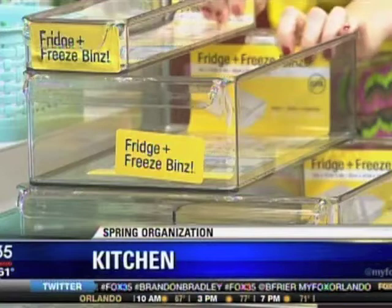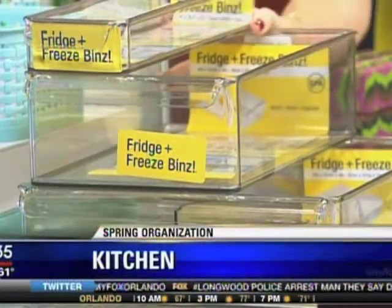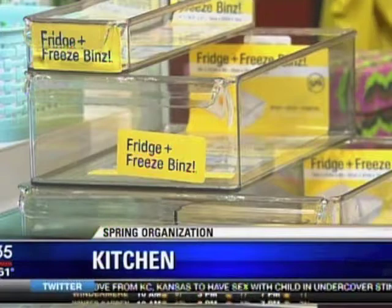This is one of my newest finds that I am absolutely obsessed with. At the Container Store, they have these really wonderful refrigerator and freezer bins, which I try to always keep my refrigerator organized, but when you try to reach in for something and you do the domino effect and knock everything over, it's terrible. In the door slides over. Absolutely. So these actually organize your entire refrigerator, and we have a photo from the manufacturer to show you